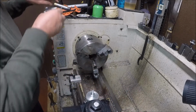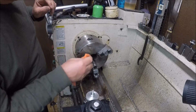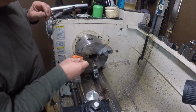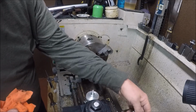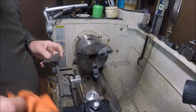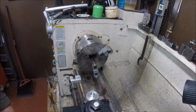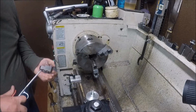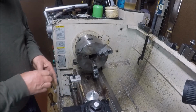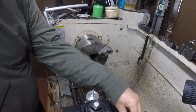Okay. So I thought I would just, I don't know where I'm going to do this. It'll probably be pieces of this will end up in a Slop the Shop video. But kind of working on some stuff. So today I thought I'd take on a fairly simple project for myself. Just changing chuck jaws, and I'm going to make some little knurled nuts